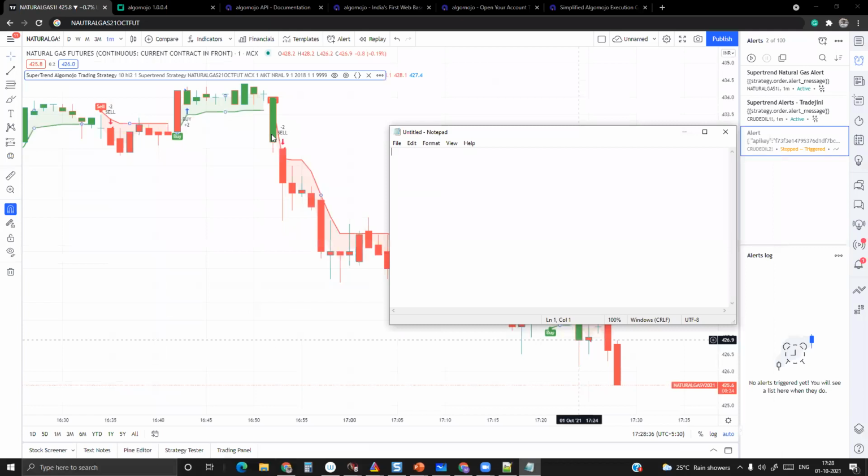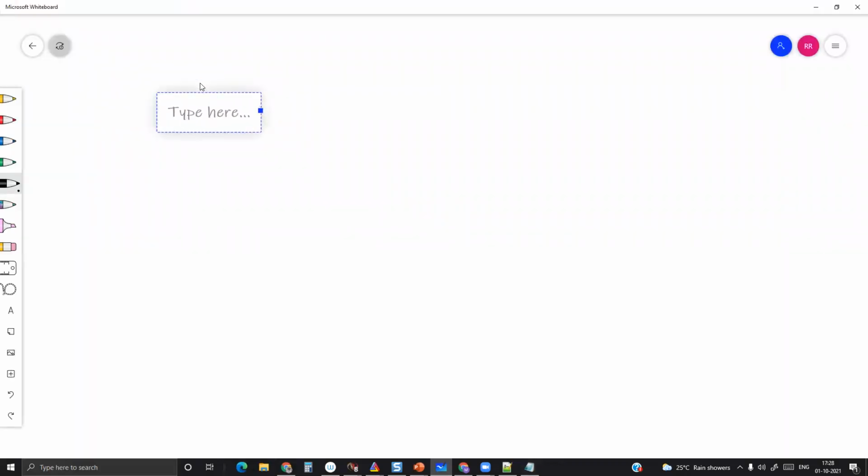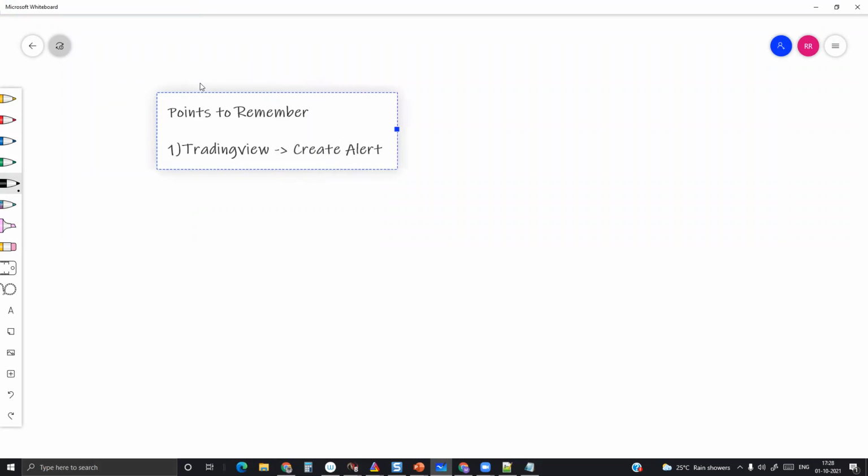So remember one thing, there are 2 points to remember. In case of TradingView, it is create alert, kind of set and forget. You set it and forget it. Automatically it will keep on running.